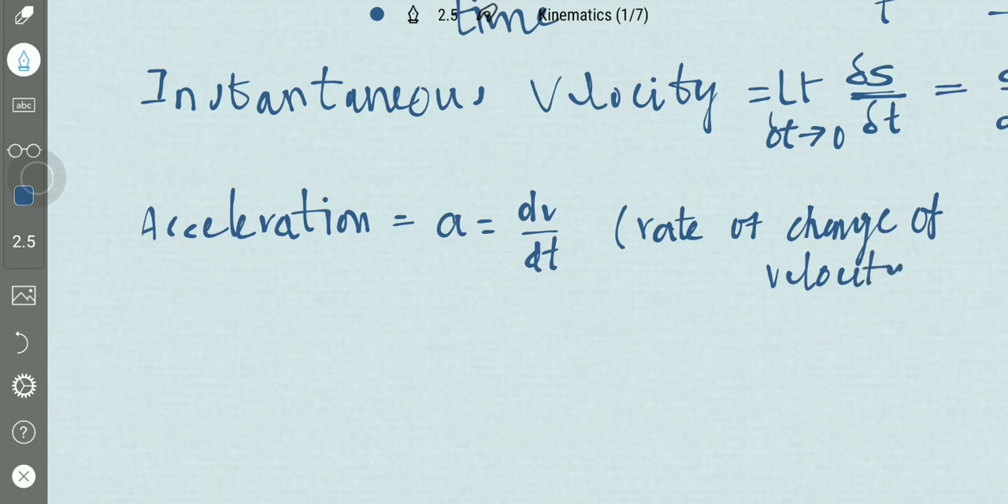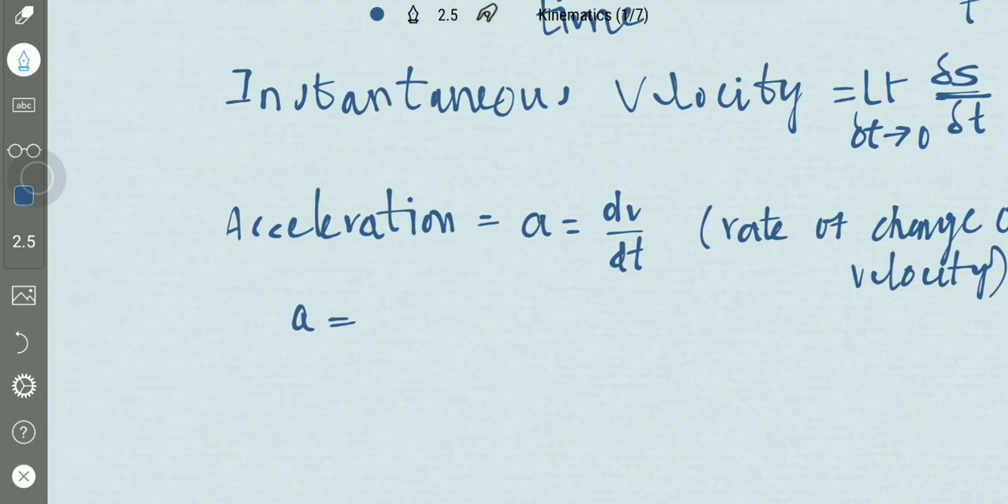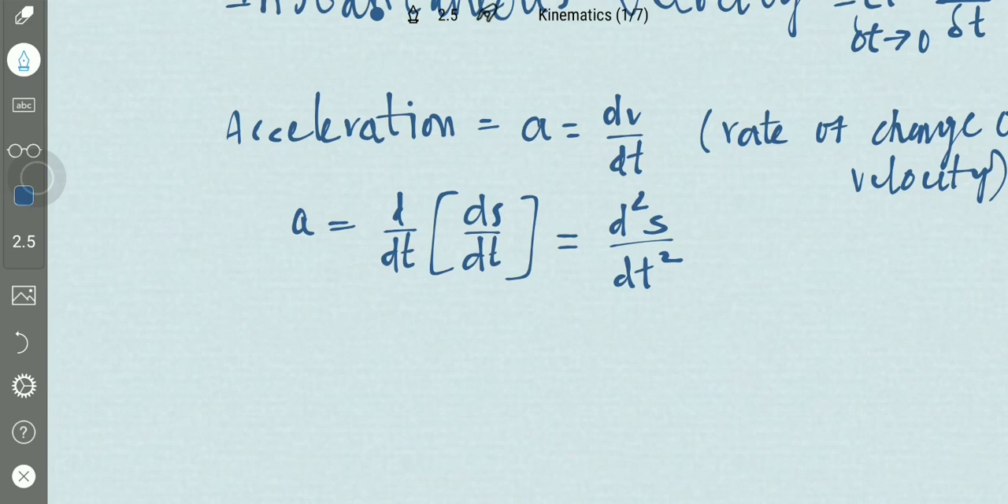Rate of change of velocity is acceleration. So acceleration can be represented in other words as dv by dt, and also, so what is v? V is ds by dt, right? So d by dt of v is d by dt of ds by dt. So it will become d square s by dt square, and it also can be represented as